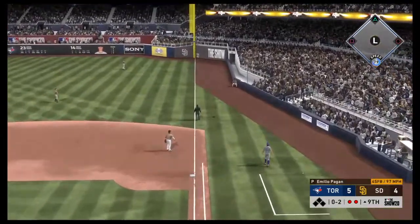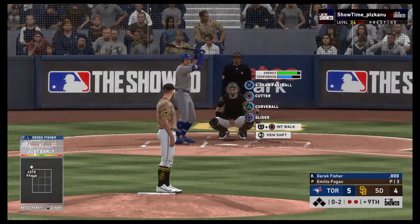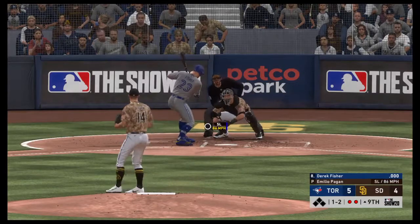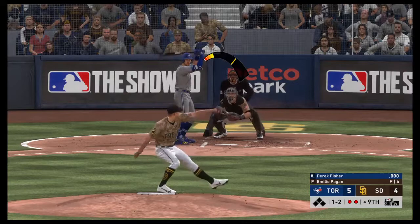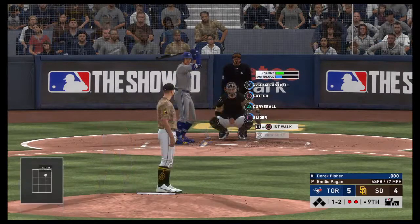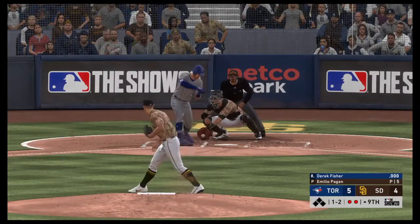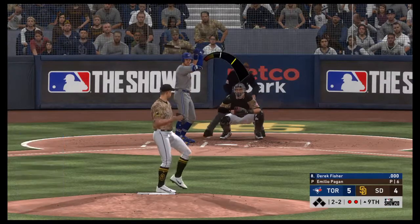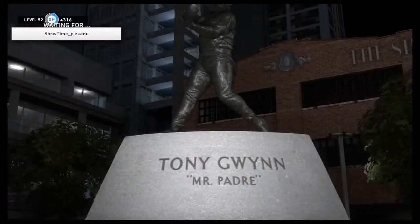Lifted in the air toward the line and right. And foul. 1-run game here in the top of the 9th. And it's 1-2. 1 ball, 2 strikes. And it's fouled away. Here's the 1-2. Checks his swing here, but he does so in time. Struck him out, so it remains a...